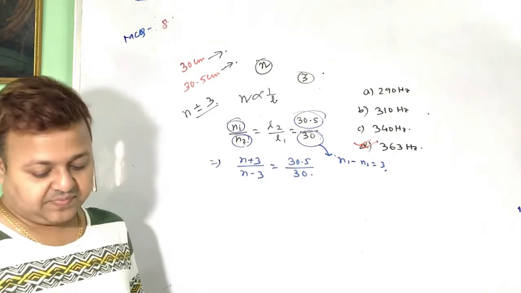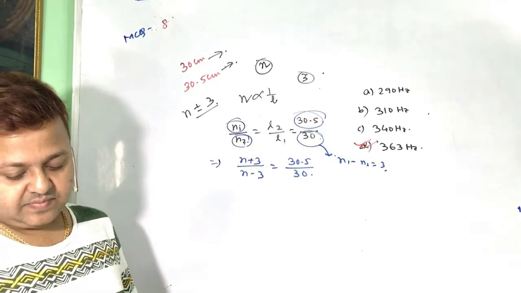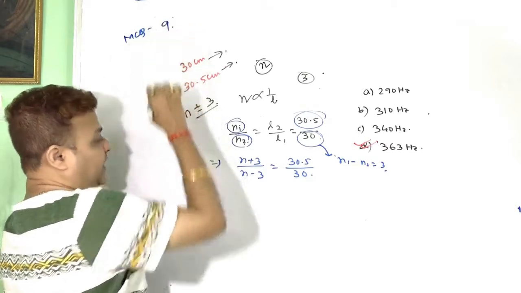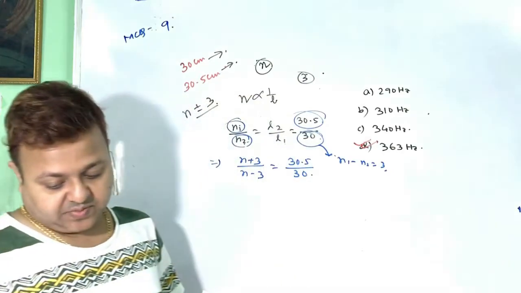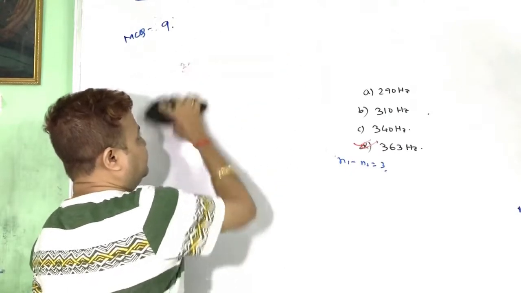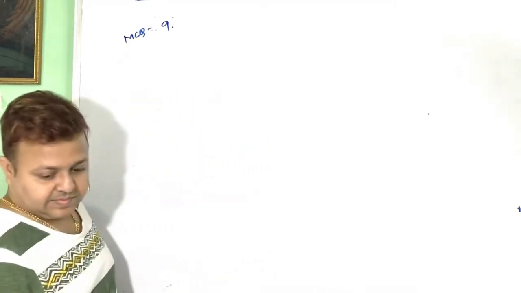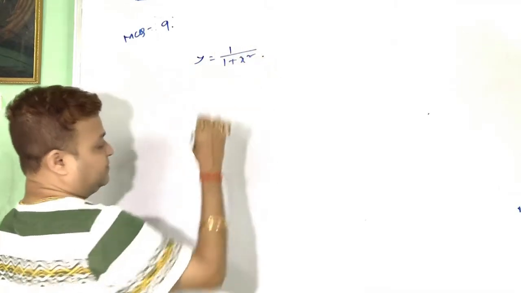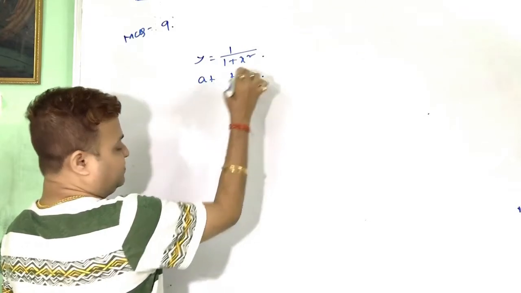Next, number 9. The amplitude of a wave moving along the positive x-axis is given by y equal to 1 divided by 1 plus x square at t equal to 0